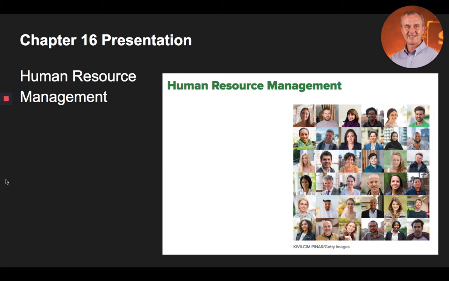By the end of this lesson, you will be able to summarize the purpose of human resource management, to explain the benefits of alignment and workforce planning in a human resource system. You'll be able to describe the legal context of human resource management. You'll be able to evaluate a company's approach to addressing discrimination and harassment in the workplace, to evaluate the strategies